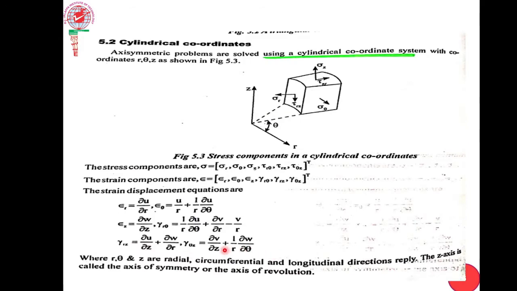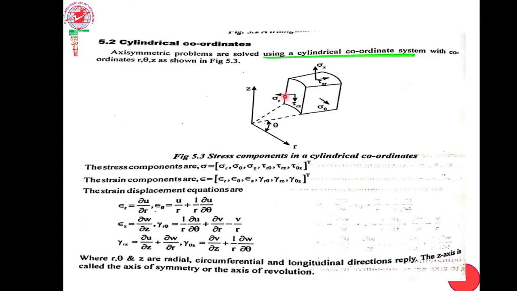And in the first module, we discussed the basic governing equations that come under this. Let me take it up once again. This is a part of a cylindrical body with respect to the coordinate system r, theta, and z. We take one small elemental portion in the cylindrical body. Stress and strain will both be produced. What are the types of stress? One is normal stress, one is shear stress.